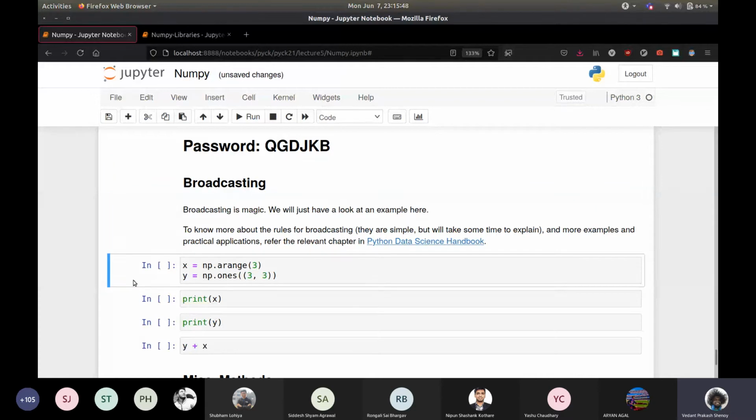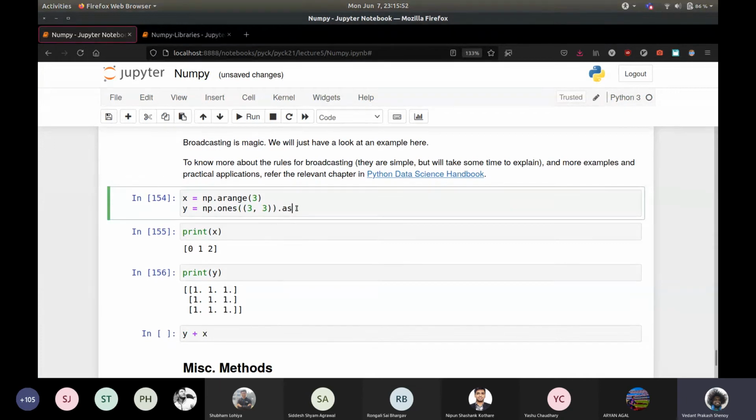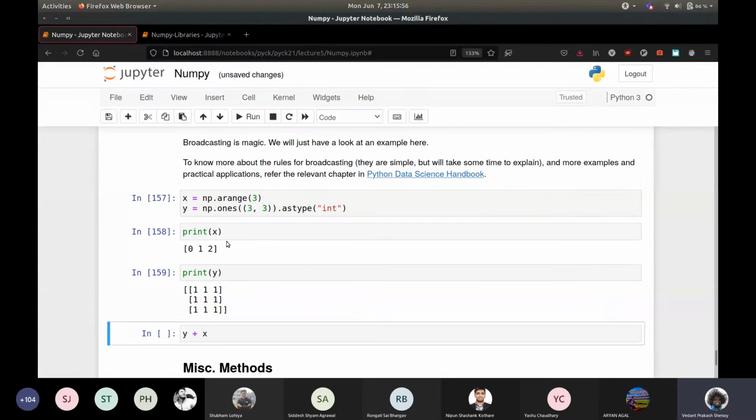So if you have x and y like this, let's make this look prettier. Okay, great. So x is 0, 1, 2, and y is all 1s. If you do y plus x, you wouldn't expect this to work, because why would it work? But logically, it makes sense to do something, and that is to add 0, 1, 2 to every row.